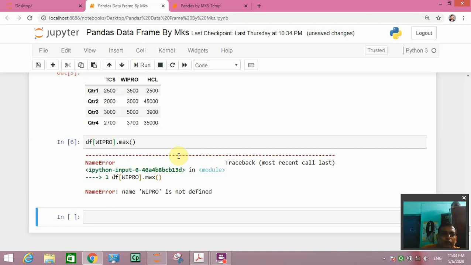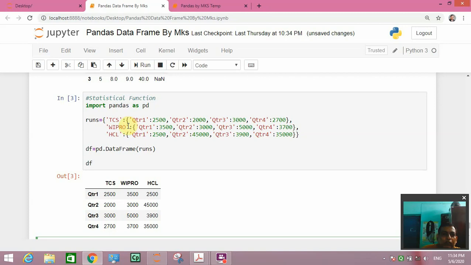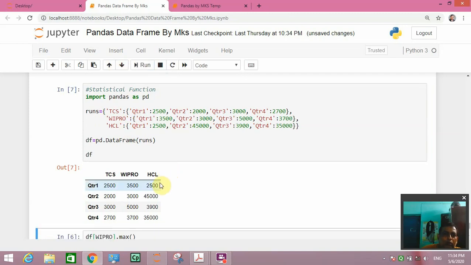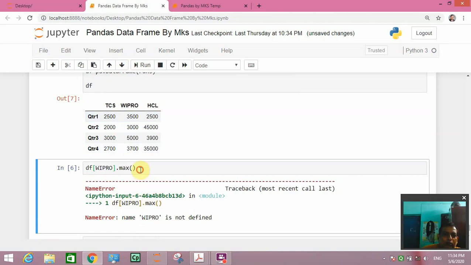Wipro. I think by mistake it was 0. We will see HCL.